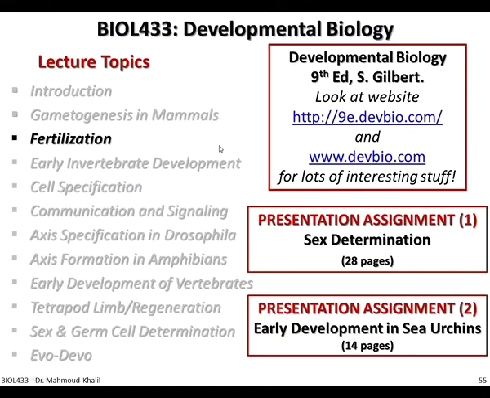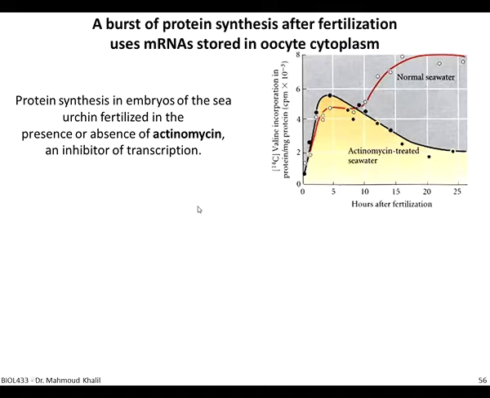Hello. Today we continue talking about fertilization, and we'll understand more details about it. We need to understand that straight after fertilization, the machinery of protein synthesis starts to work at high intensity, and tries to use the messenger RNA which already passed by the oocyte and exists in the oocyte cytoplasm. So the protein synthesis in the embryos of the sea, for example, the sea ocean,